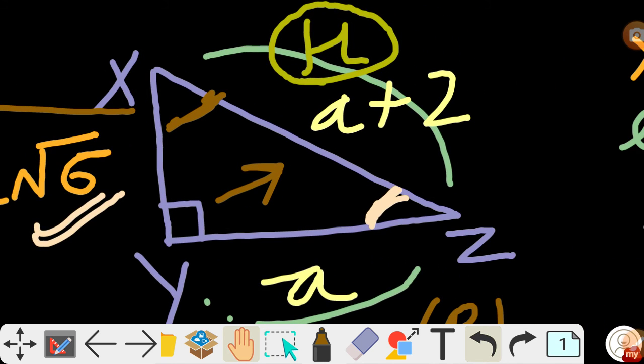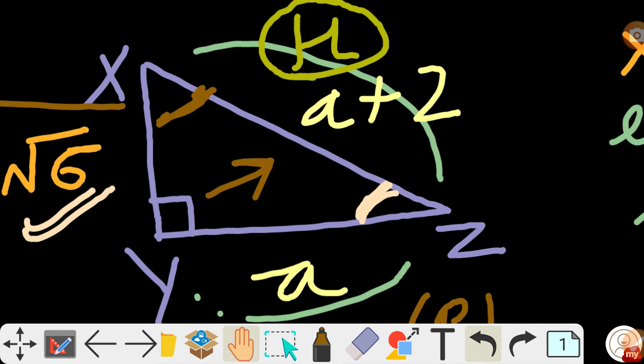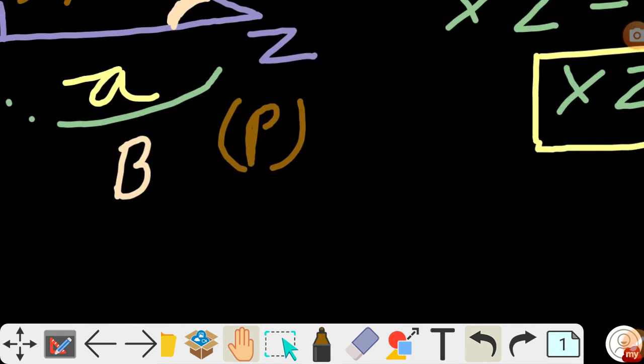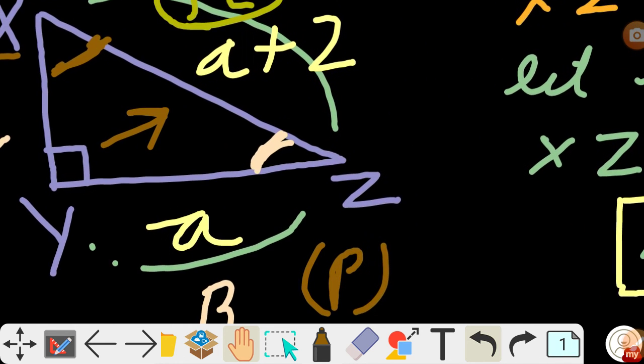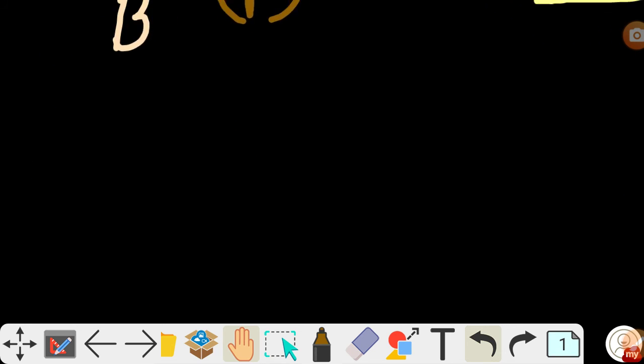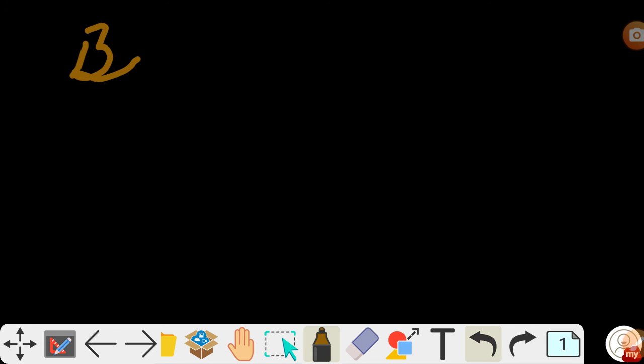So I hope it is clear for you. So we know that here by hypotenuse, we know that here by Pythagoras theorem, we know that by Pythagoras. There is no need to write down these things, because you have less than 15 or 20 seconds in any competitive exam to solve any question. I will tell you in detail, and you are able to solve each and every question within 15 or 10 seconds if you practice again and again.